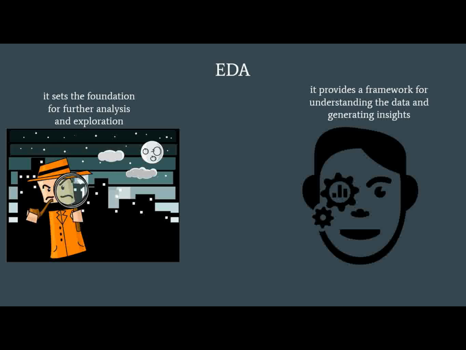I hope till now you are able to understand what an EDA is and what the job of a data scientist is. Basically, the key takeaway from this is that while performing EDA, you have to think like you are a detective. You have to investigate, you have to explore,